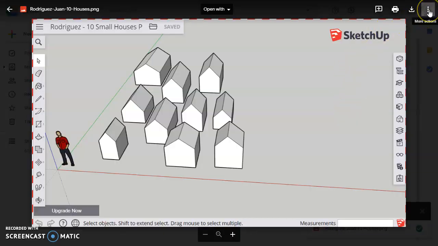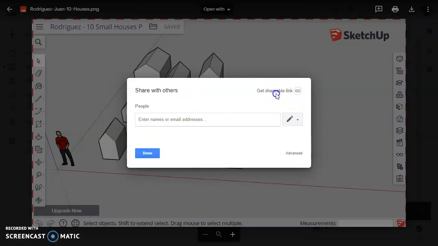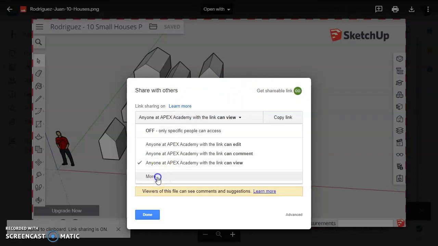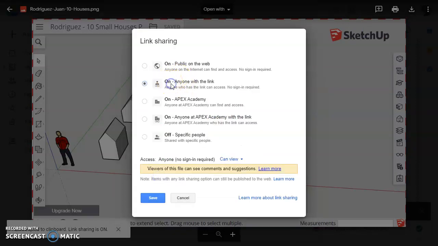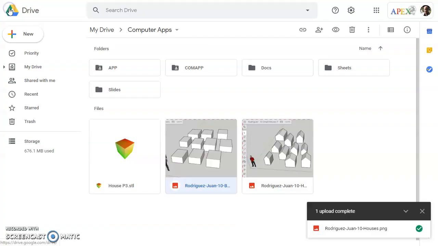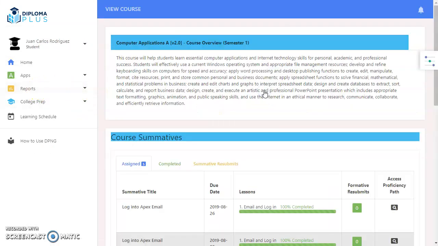And you're going to go to the three dots on the top right, Share, Get shareable link, change this to More, Anyone with the link, save it, copy the link, done. You can go back. Then we're going to go to DPNG, log into DPNG, go to your computer applications class,